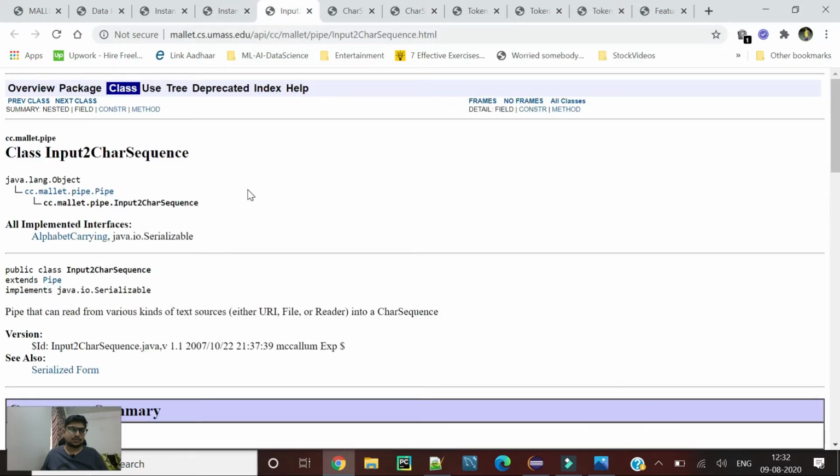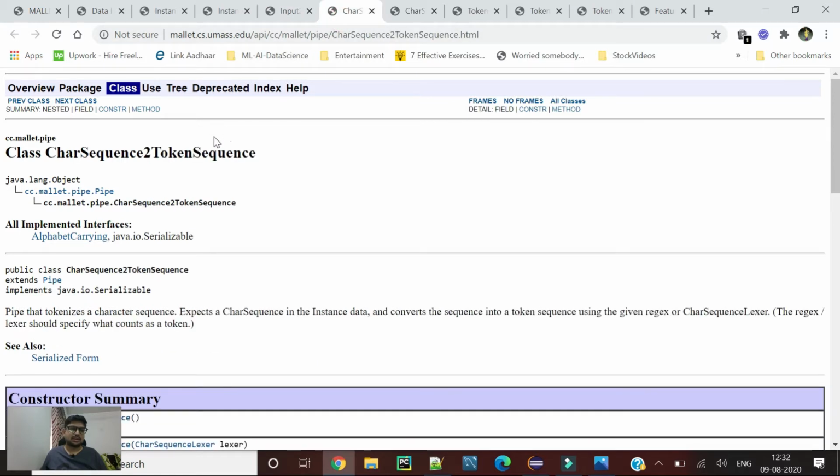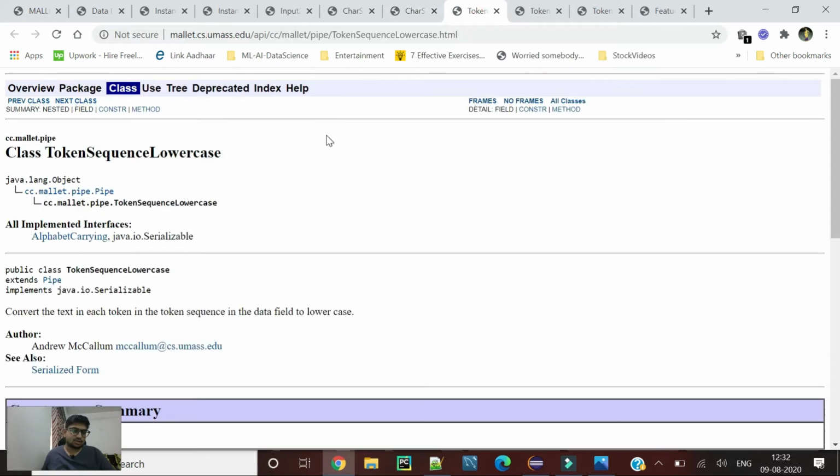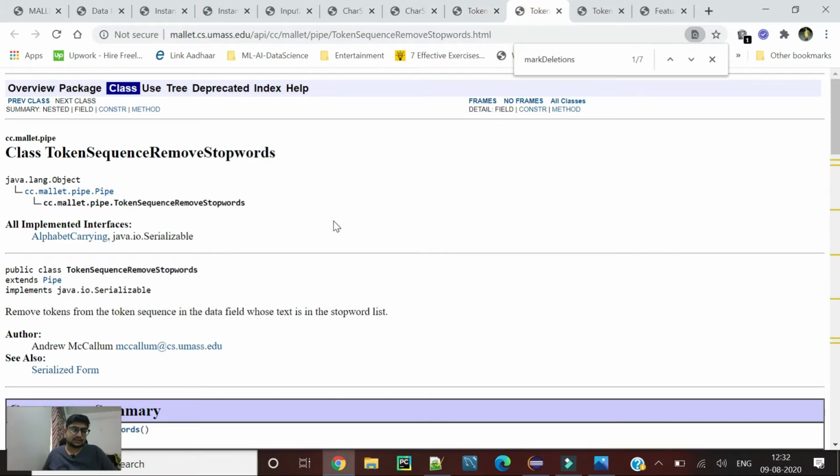Then we need to convert those instances into a character sequence, because it uses character sequences to further pre-process the text. Then we convert those character sequences into token sequences, where we tokenize your string given whatever regular expression you have given. Then those are converted into lowercase, if you want to implement lowercase in your pipeline, and then you can remove the stop words.